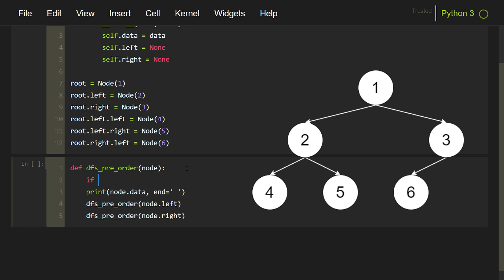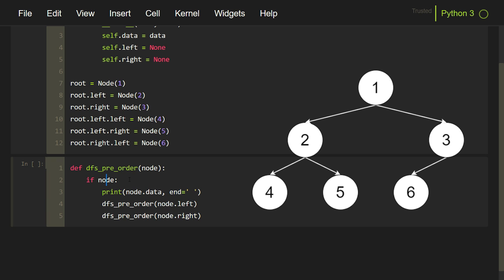So we will add an if node, and in Python, when we pass an object inside the if clause, it means that node should be not None, then only it will become true. And if the node is None, then it will lead to a false value. So I will increase the indentation of these three statements so that they fall under the if condition.